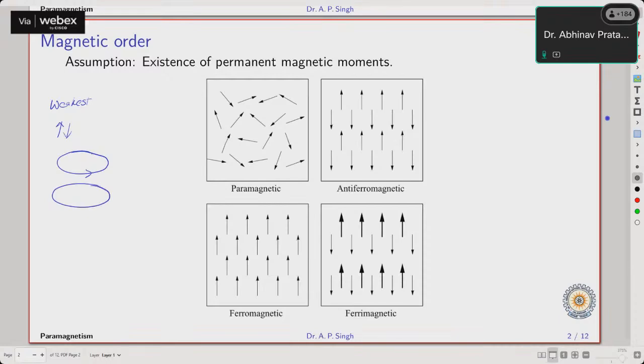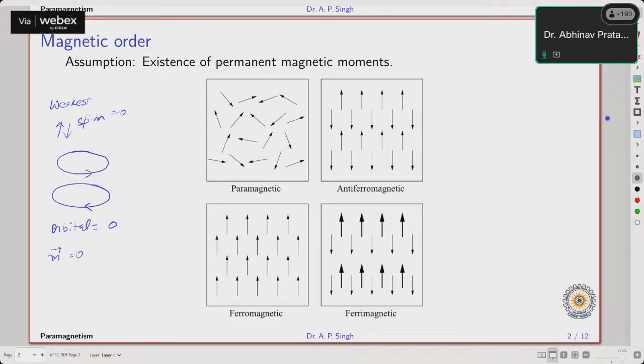Corresponding orbit moving in the other directions also. So why all these things are required for diamagnetic material is so that the total spin moment is also zero, and the total orbital angular momentum is also zero. So when both of them are zero, the total value of the magnetic dipole moment is equal to zero when